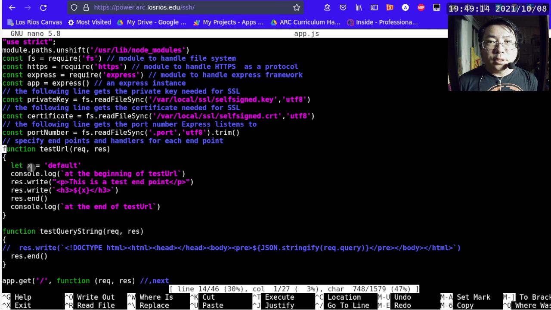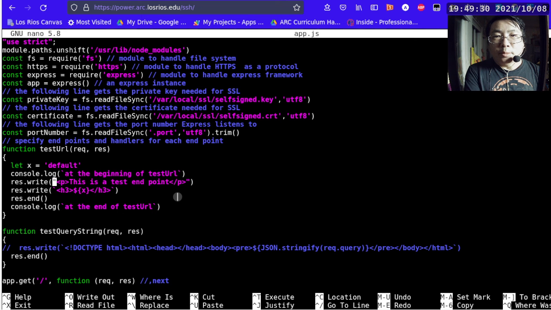X is a variable. It has its own value. It is initialized to default in this case. So using the backtick symbol, let me move the cursor to the point of interest here. Using this backtick symbol, we can specify a string just like using a double quote or single quote. However, in a double quoted string, anything within dollar open brace and the corresponding close brace, like this X over